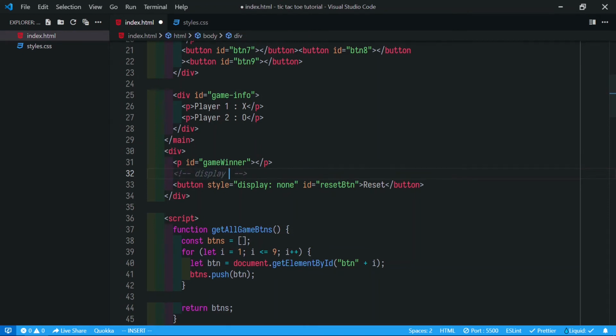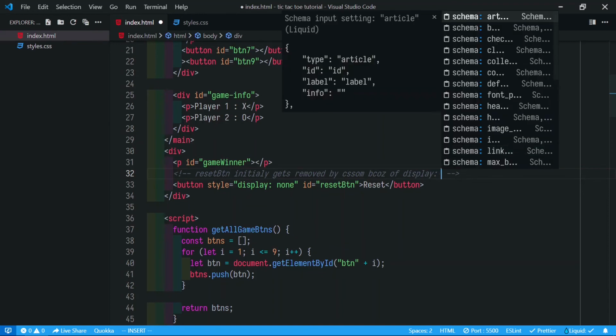So display none removes the element. This reset button initially gets removed by CSS because of display none.